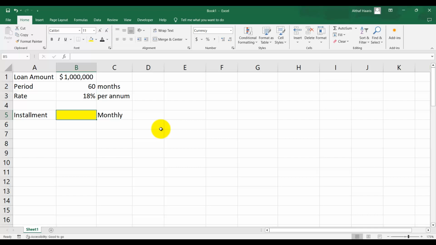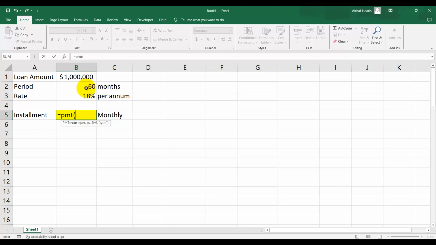Now let's see how to calculate the loan installment using Excel. The formula that you have to use is equals PMT, open the brackets, then you have to select the rate. So here, before selecting the rate, what you have to understand is that in this particular example, we have taken the period